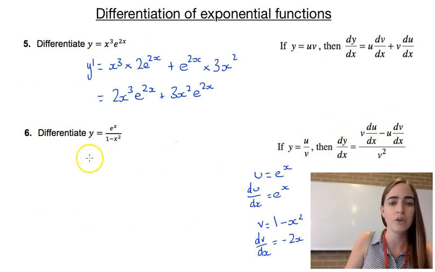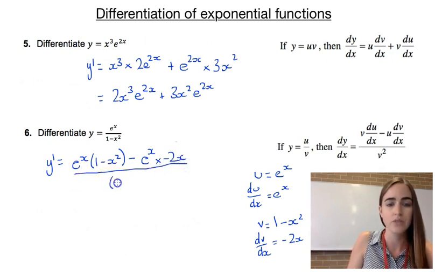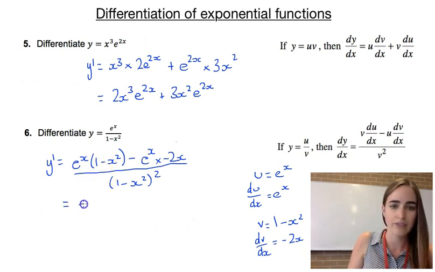So if we put all of that into our formula, then our derivative is going to be v times du dx, so that's this times this, so we'd have e to the x outside of 1 minus x squared, minus, and we've got u times dv dx, so we'd have e to the x times minus 2x, and that's all over v squared, which is our 1 minus x squared, all squared. Now simplifying this top bit here, we're going to have e to the x outside of 1 minus x squared plus 2x e to the x